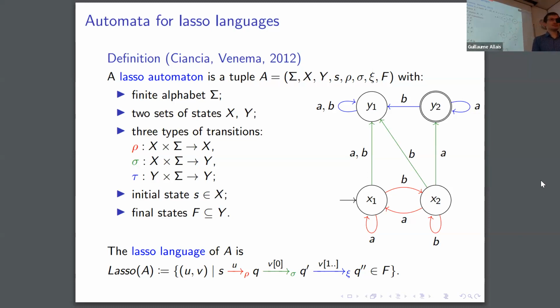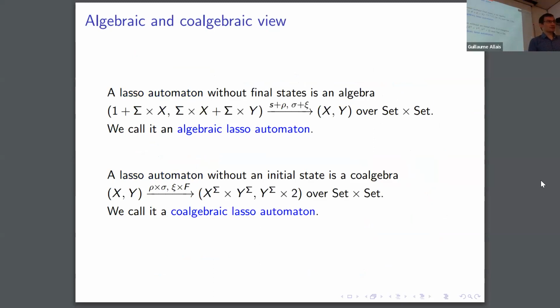So I would say it's very similar to DFAs, really. It's just that we have two sorts of words that we want to read with separate transitions and separate states. Okay. And now something that I want to mention, which is neat, is that something that's not so easy to do for Büchi automata is to make algebraic or coalgebraic sense of these automata. But for lasso automata, we have it.